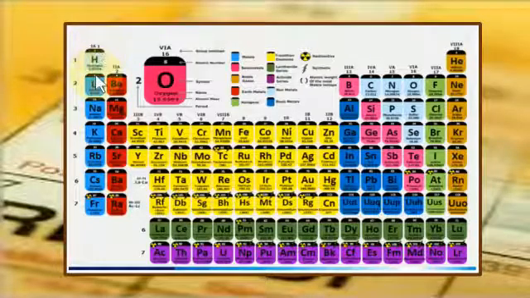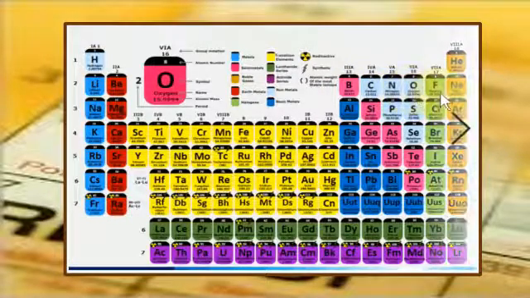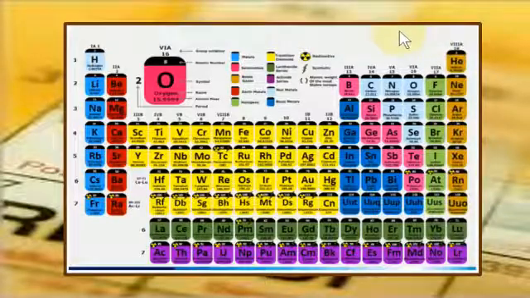In the A block, 1A is also named alkali metals and 2A is named alkaline earth metals. Then comes boron. The boron family starts from boron, then the carbon family, nitrogen family, oxygen family, and halogens. Group 7 is called halogens, and the last group, 8, is called the zero group or inert group, because it does not have reactivity properties. No compounds have been found yet, except a few compounds of xenon.